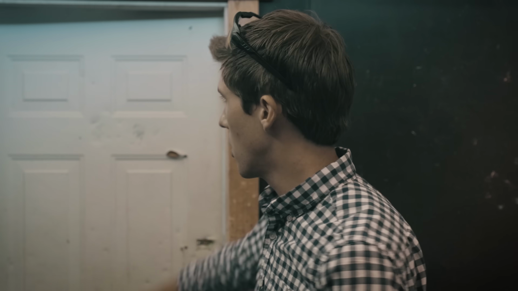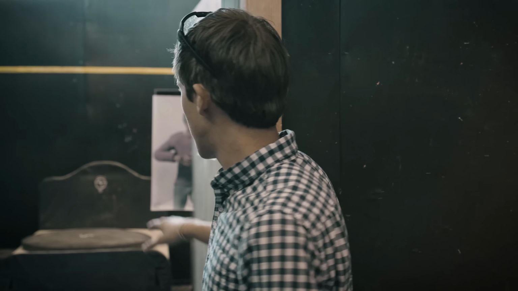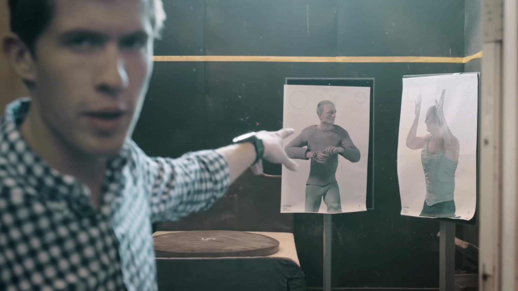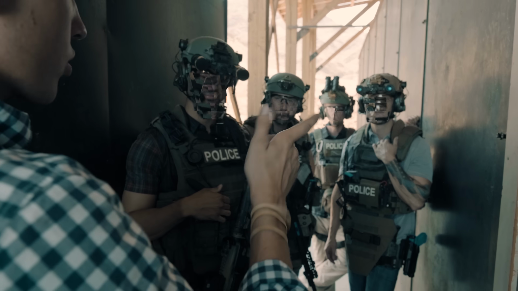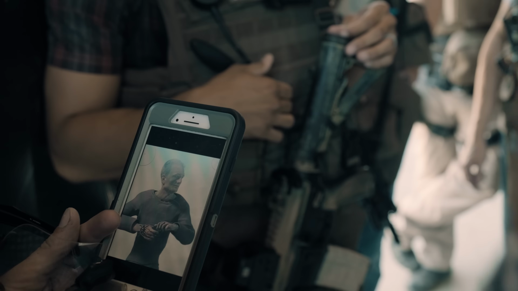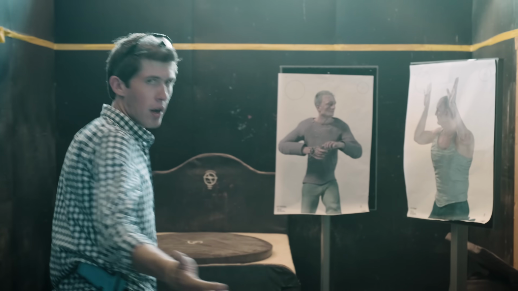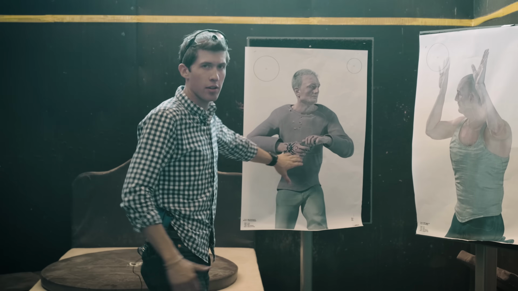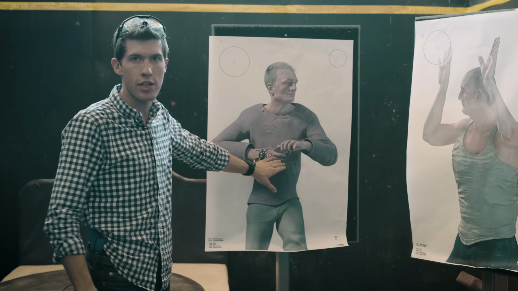So I want to give you guys an example of a target presentation that I just gave these guys. It was a murder suspect that they're coming after. They get into this first room, they've got some non-threats they quickly have to process through. Then they have a closed door, wait for the second guy. When they go to push the door open, they have two suspects here, and I gave them a description for the guy they're going after. Skinny build, silver hair. But from the threshold with this lighting and with the target itself, it's very hard to distinguish,